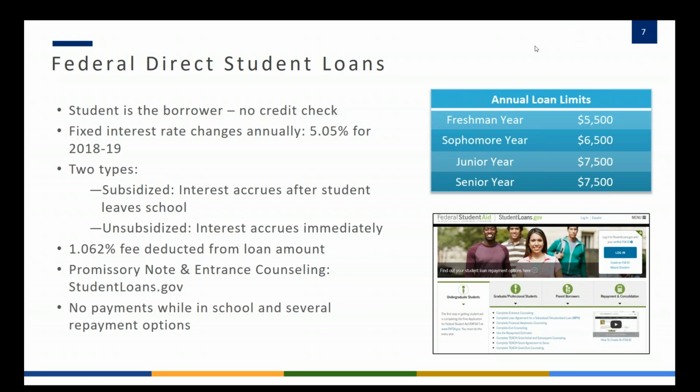So a little bit more detail about the federal direct student loan that I was mentioning. You can see up in the corner in the blue box, the annual loan limits that students can take out. As a freshman, they can borrow up to $5,500. Sophomore year is $6,500, and junior and senior year it's $7,500. So the amount they can borrow does grow as they move on in college, but as you can see, there are limits to what they can borrow. So they might not be able to use this loan to cover their full balance due.